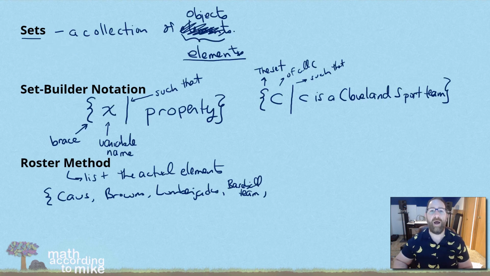Well, if I know there's more and I'm just too lazy to list them all, we can put the three dots, the ellipsis, at the end there, to say, hey, there's more here, and then finish it off with the right brace. Please be careful that what I wrote here is perfectly acceptable for a roster. When you are writing a roster, I would say have at least 3 items before you put the dots at the end. If you just had 1 item,